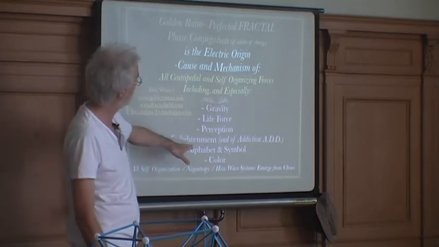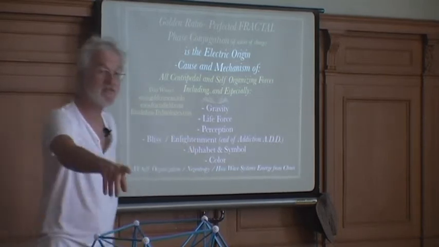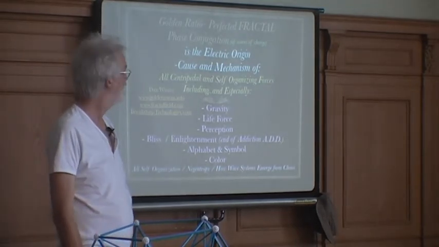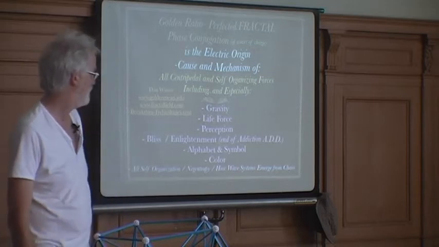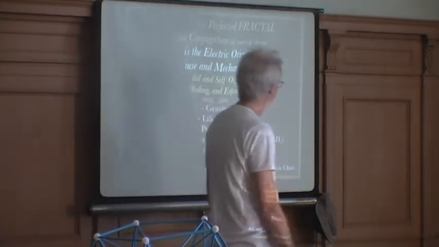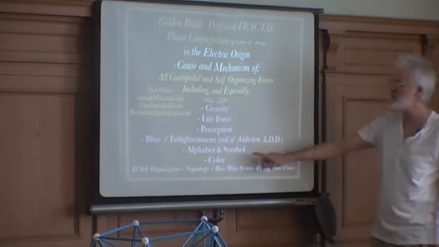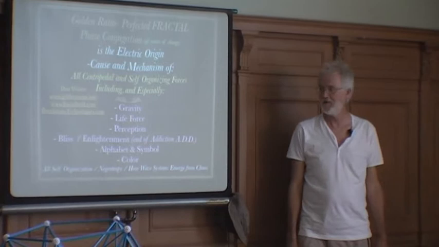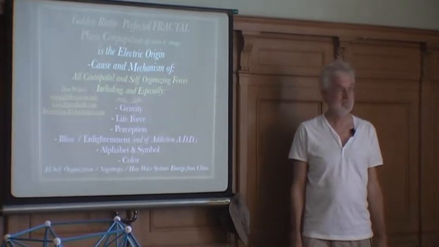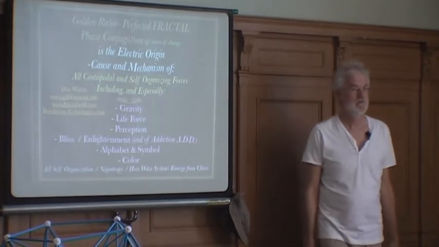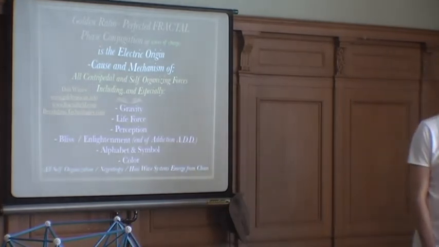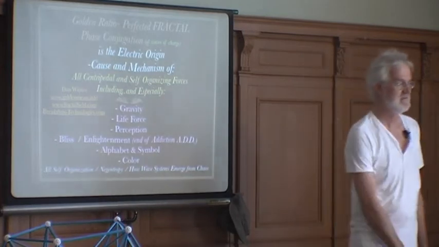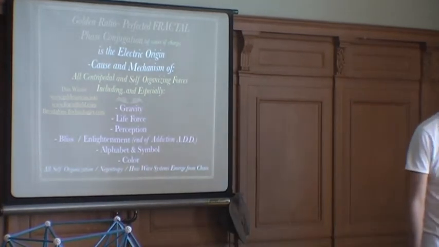So bliss and enlightenment exist when your aura does this. Blaženost a osvícení existuje ve chvíli, kdy vaše aura vytváří tuto geometrii. And we may explain later, it is the physics of the origin of alphabet and symbol. A později také chci vysvětlit, proč je to i původem abecedy a symbolů. It is the physics of the origin of color. Je to také fyzikou původu barev. It is the physics of the origin of alchemy, yes?